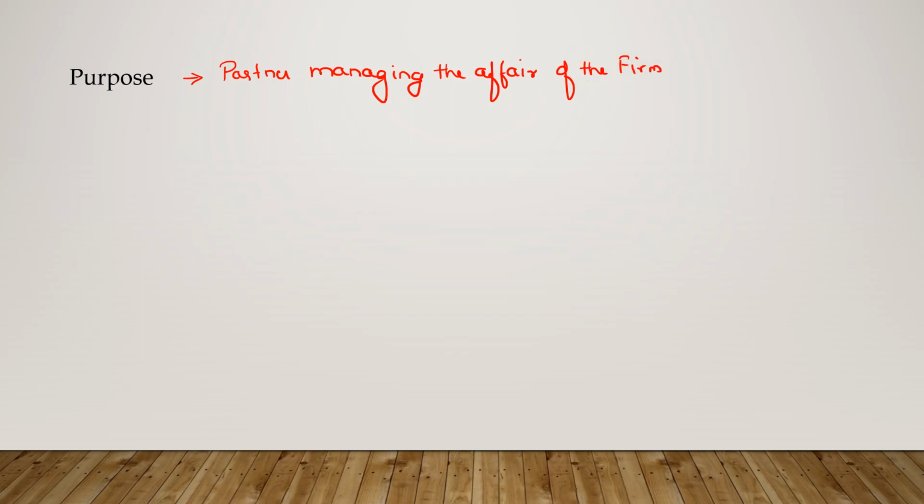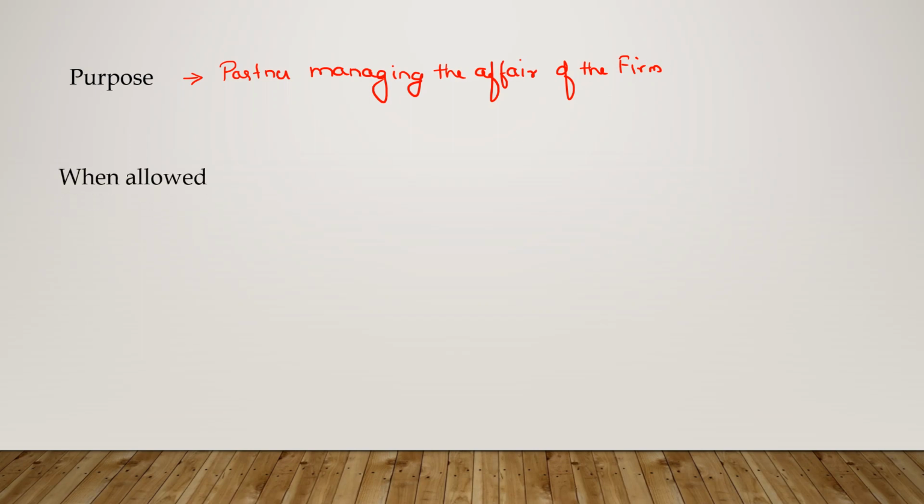So now let us take an example and understand it. Suppose there's a partnership firm with three partners, A, B and C. Suppose A is a very active partner. He takes care of the sales and finance. Then as he is active and totally involved in the affairs of the business, taking care of the sales and the finance part of the business, he is entitled to get remuneration for the efforts he is putting in, for the efforts of managing the affairs of the firm in such a manner. So that is the purpose behind a firm giving remuneration to a partner.